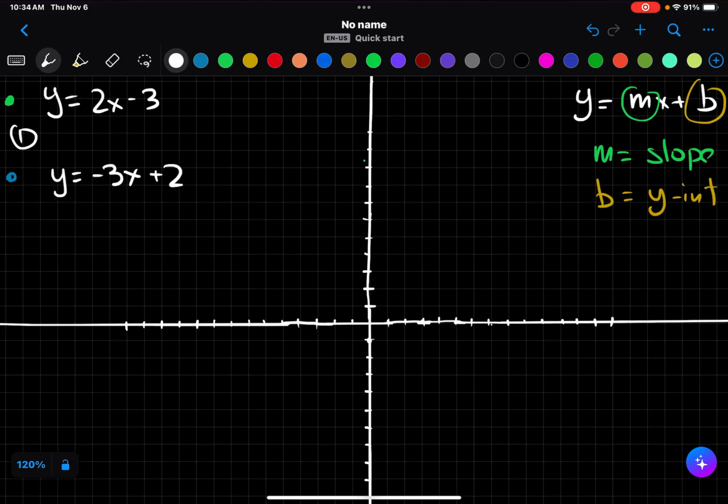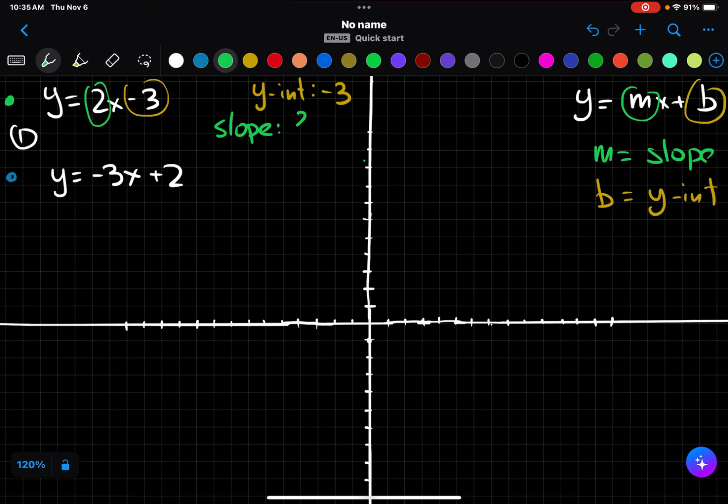The way you graph these is you use the slope-intercept form. First thing, you find the y-intercept of each of them. For the green one, the y-intercept is going to be right here, negative 3, right? It's whatever's by itself. And the slope is going to be whatever's in front of the x, which is the